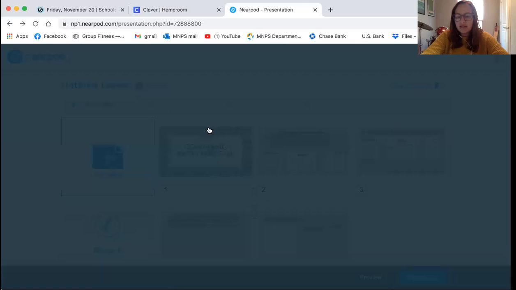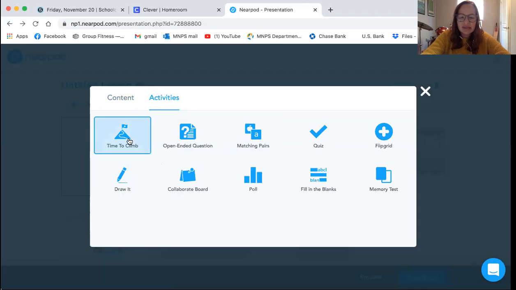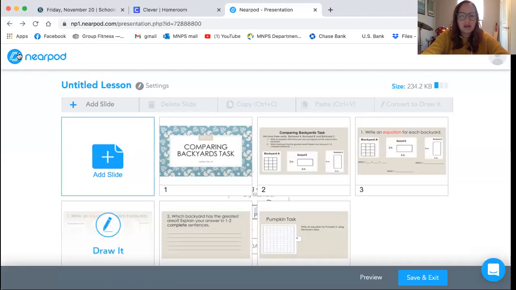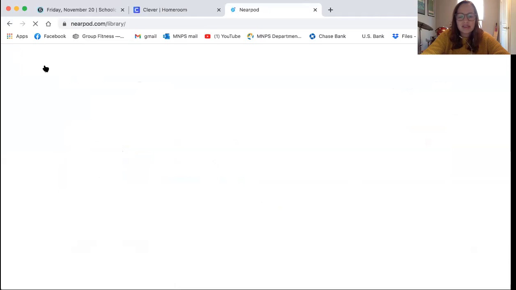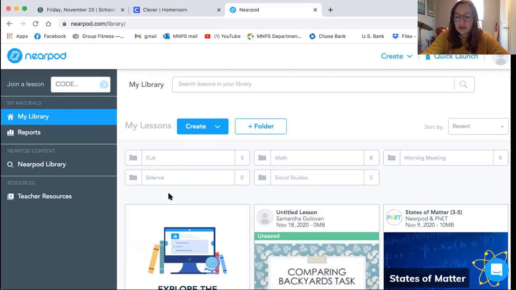And Nearpod has tons of activities. You can add videos from YouTube or from Nearpod itself. There are different games and field trips. I'll show you one of those later on. Time to Climb is a little quiz game that they can do. You can do matching. There's tons of different options to make your kids more engaged and more excited about the lessons. So I'm going to quit out of this,